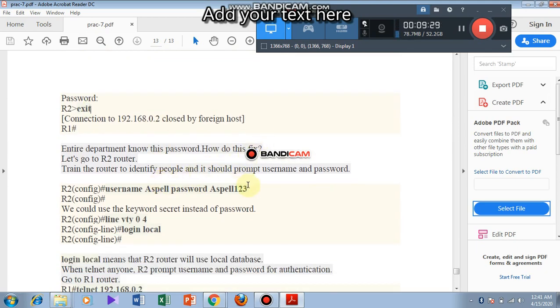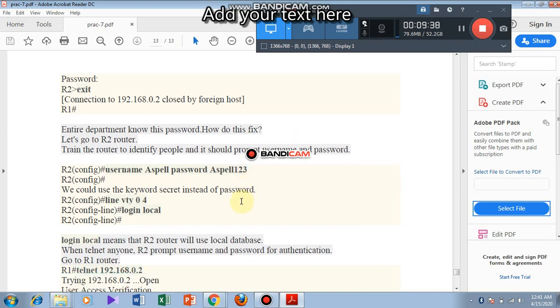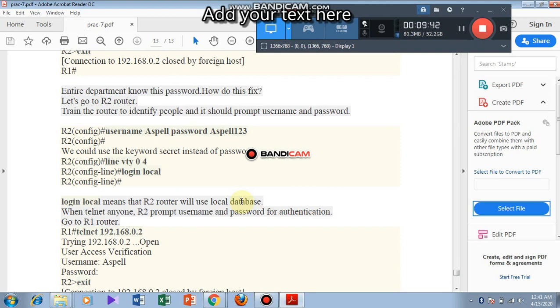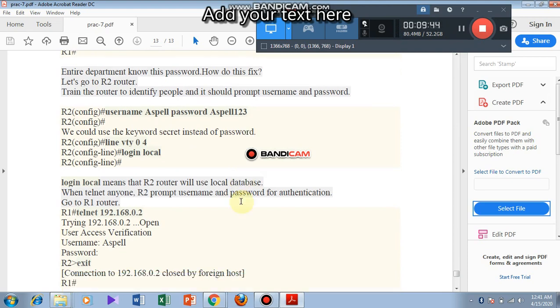Remember, the entire department will know this password. How do we fix this? We have to train the router to identify people, and it should prompt for a username and password. So for the username and password we have to give, you can put anything, but here we use ASPEL and ASPEL123, and then we are using the